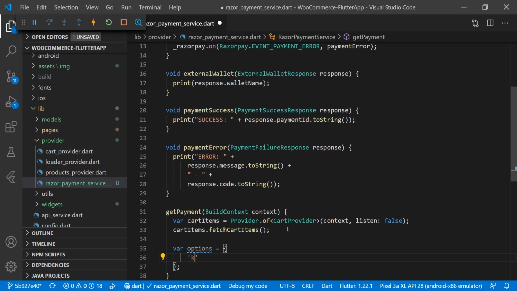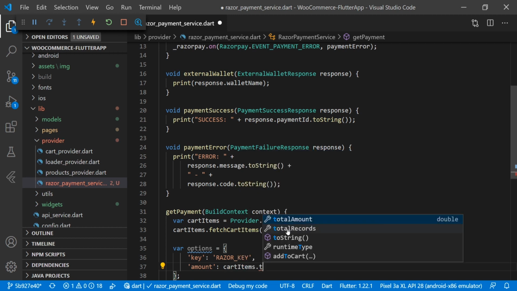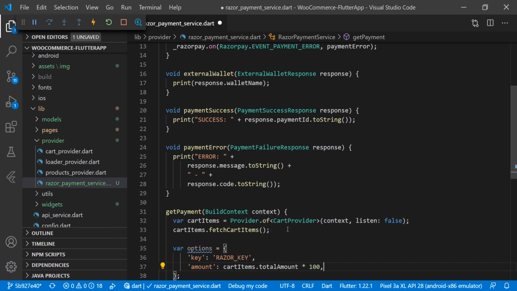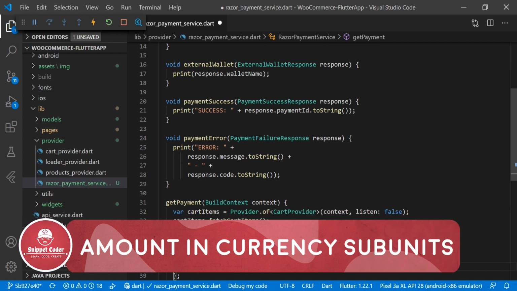Here we have the key, where we pass the Razorpay key. Then we have the amount, which we pick from our cart items, dot total amount. Here we have to multiply the total amount by 100, as that is the rule of the payment gateway.